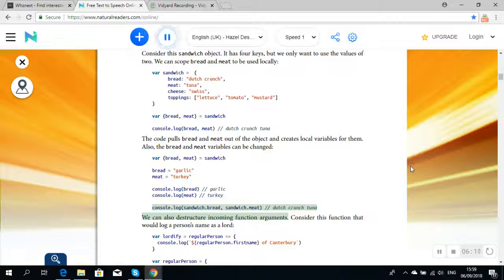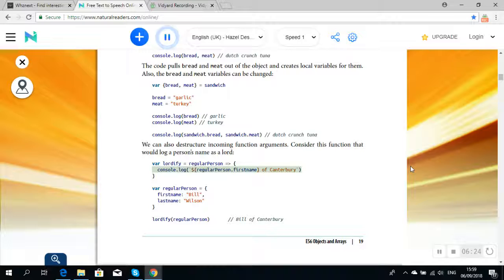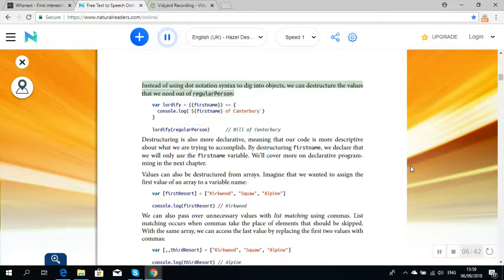We can also destructure incoming function arguments. Consider this function that would log a person's name as a lord. var lordify = regularPerson => { console.log(`${regularPerson.firstname} of Canterbury`); }; var regularPerson = { firstname: "Bill", lastname: "Wilson" }; lordify(regularPerson); // Bill of Canterbury